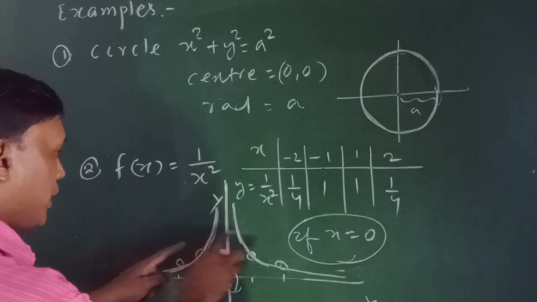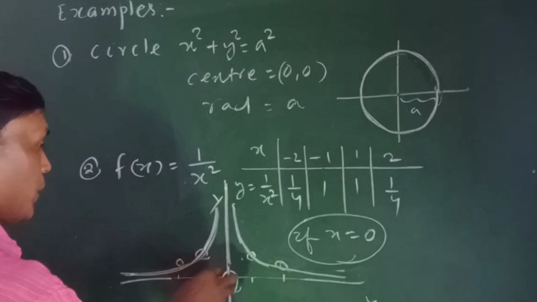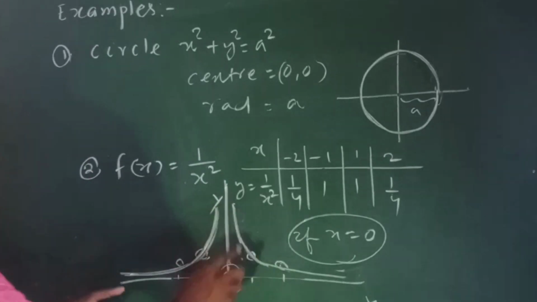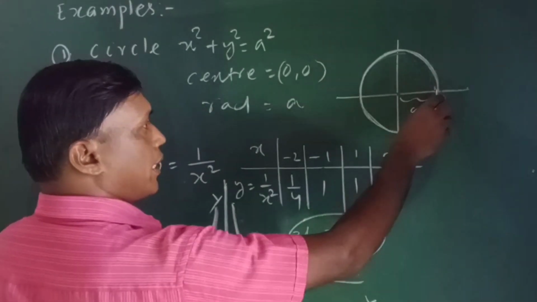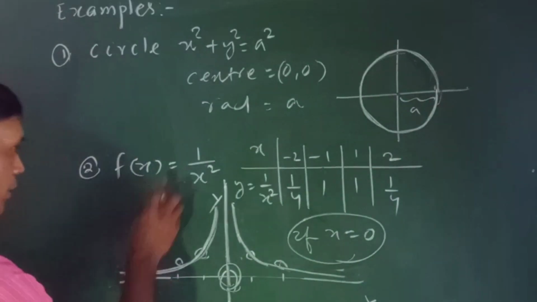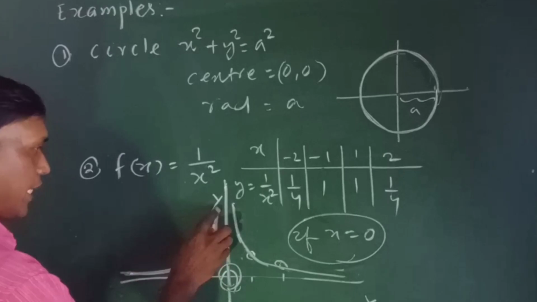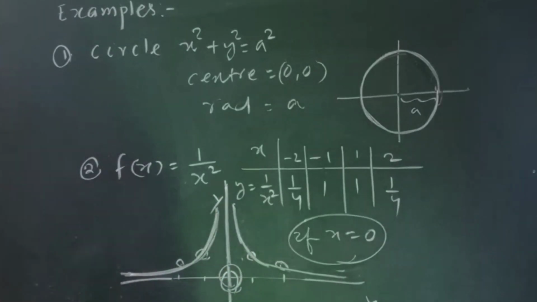So this function 1 by x square is discontinuous at x is equal to 0. तो इसी पॉइंट में ये फंक्शन डिसकंटिन्यूस हो गया बिकॉज ब्रेक हो गया. So another thing is, जब इस सर्कल को ड्रॉ किए हम बिना पेन हटाए ड्रॉ कर सकते हैं. सो ये कंटिन्यूस. बट जब ये फंक्शन 1 बाई एक्स स्क्वायर को ड्रॉ किए तो देयर इज ए ब्रेक हियर. सो दिस इज डिसकंटिन्यूस.